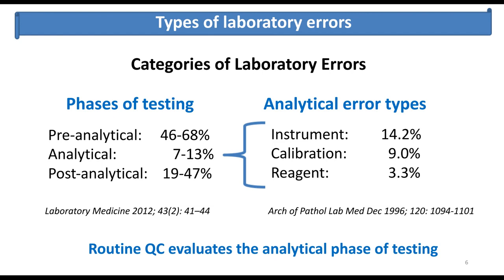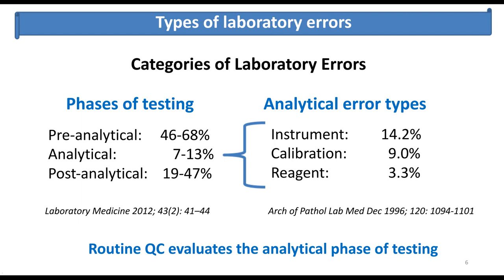This slide shows the different categories of laboratory errors and their sources. A study published in Laboratory Medicine in 2012 found that errors in the pre-analytical phase, like specimen mislabeling or specimens collected into the wrong container type, comprise the majority of laboratory errors. Errors in the post-analytical phase, including incorrect result interpretation or failure to call back critical values in a timely manner, also formed a large percent of the errors. However, analytical measuring system errors, or errors originating from the analytical phase of testing, represented a significant portion of the overall error rate.